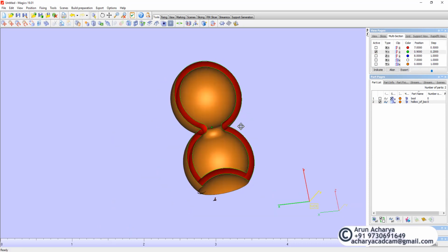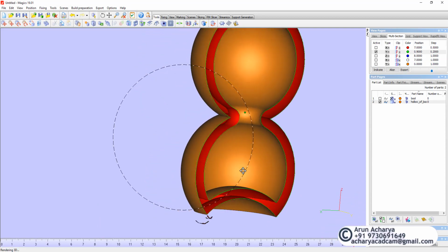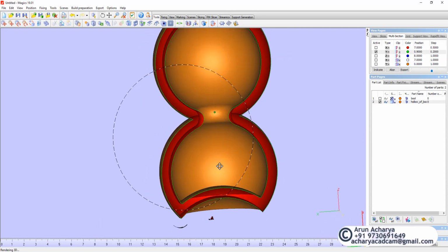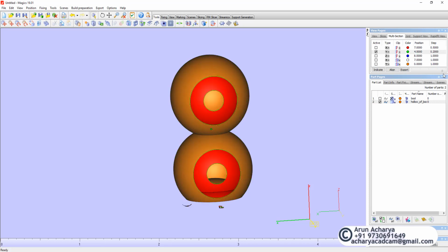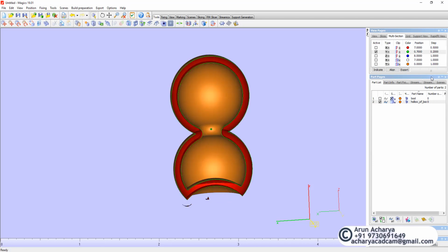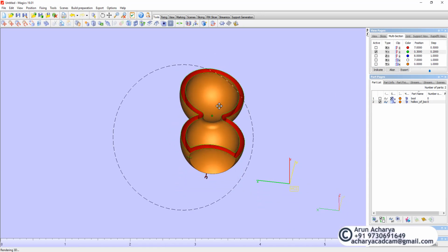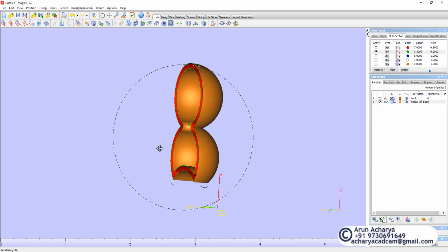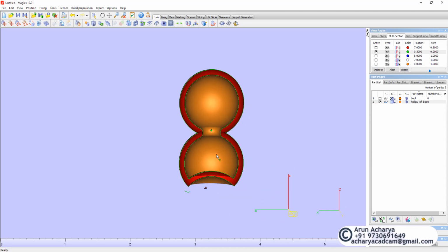Yep, as you can see, this is a really nice command. If you have some object where you want to just hollow the object, this is very handy. You don't really have to spend time in CAD and do a hollow operation. Okay, so that's it. And this way you can even save your